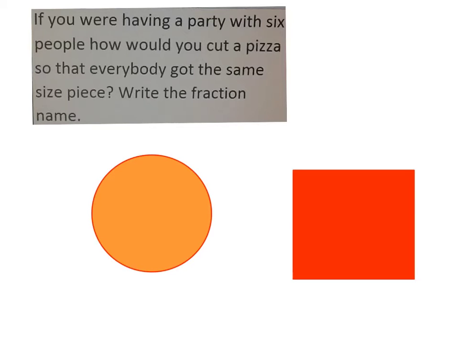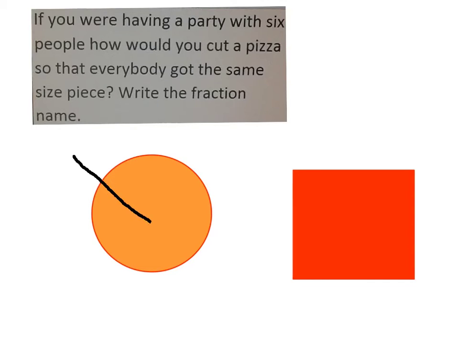When we talk about dividing things into pieces, we're talking about fractions. And it's always important to remember with fractions that all the pieces have to be the same size. So if we're trying to divide this into 6 pieces,